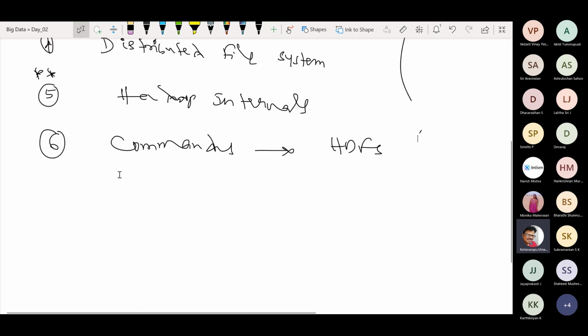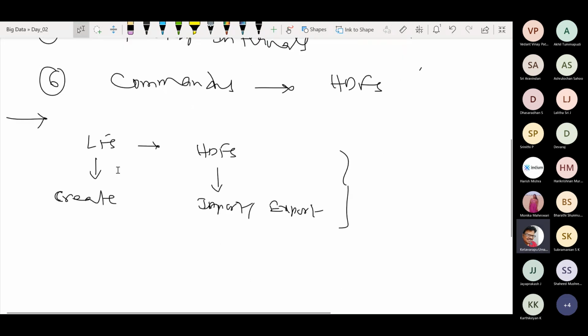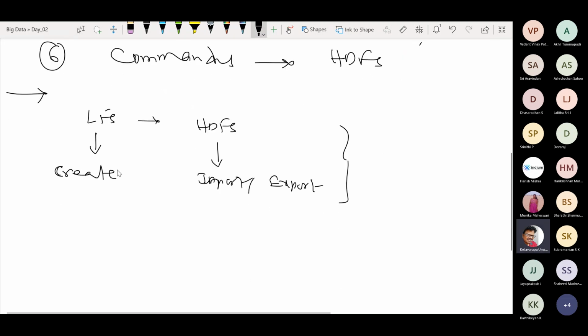And friends, we have started the discussion in the earlier session. Of course, I have given some insights related to the local file system as well as Hadoop distributed file system. There we have seen the creation of the data or file creation, and in Hadoop distributed file system, some sort of import export aspect we have seen. And in that cluster we also observed some kind of components,